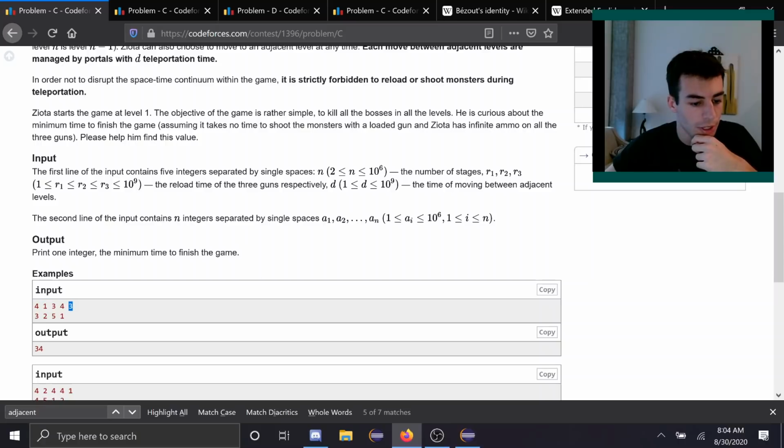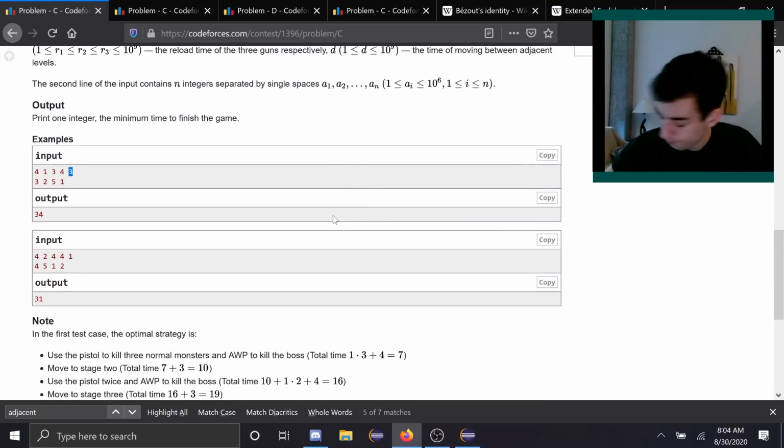Here are 3 reload times. What is this third thing? Oh, the time between levels? Yeah, okay. Alright, so it seems like